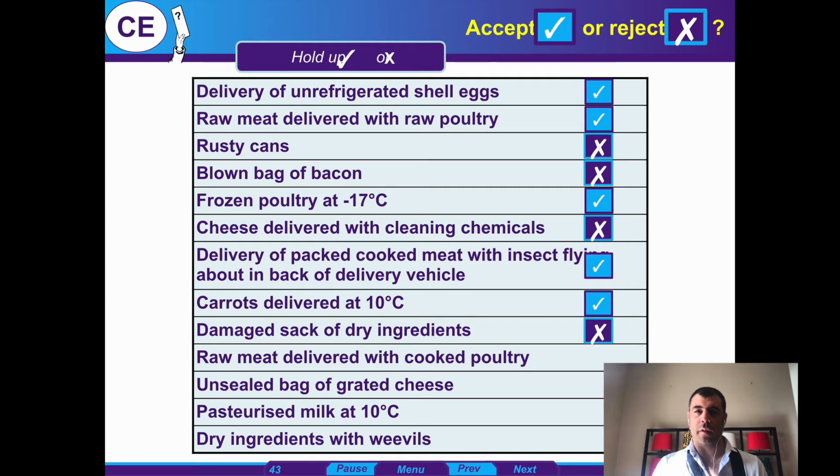Raw meat delivered with cooked poultry, so I'll let you think about that for a second. This is reject. For instance, cooked poultry is ready to be consumed as opposed to raw meat, which isn't ready to be consumed. So this could be a case of cross-contamination. So you want to reject that. Unsealed bag of grated cheese, reject. Pasteurized milk at 10 degrees,